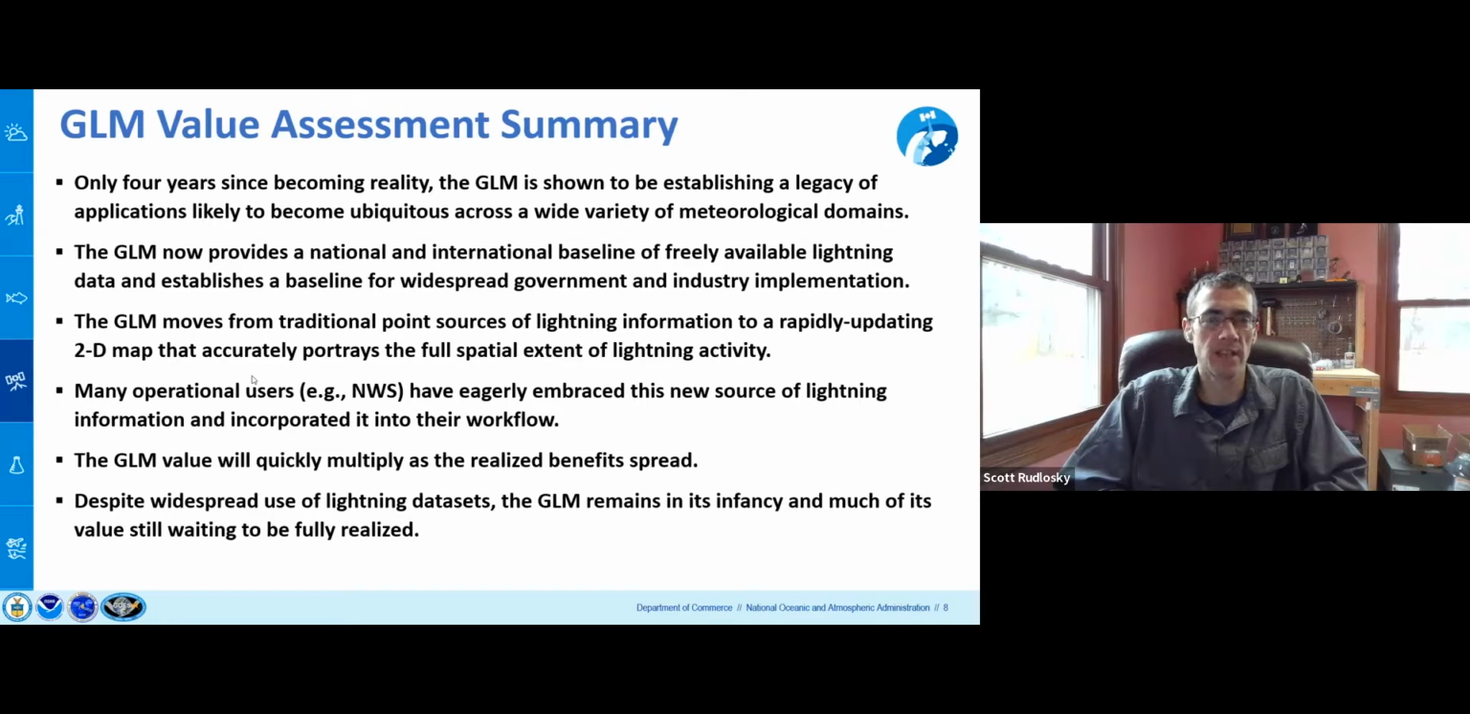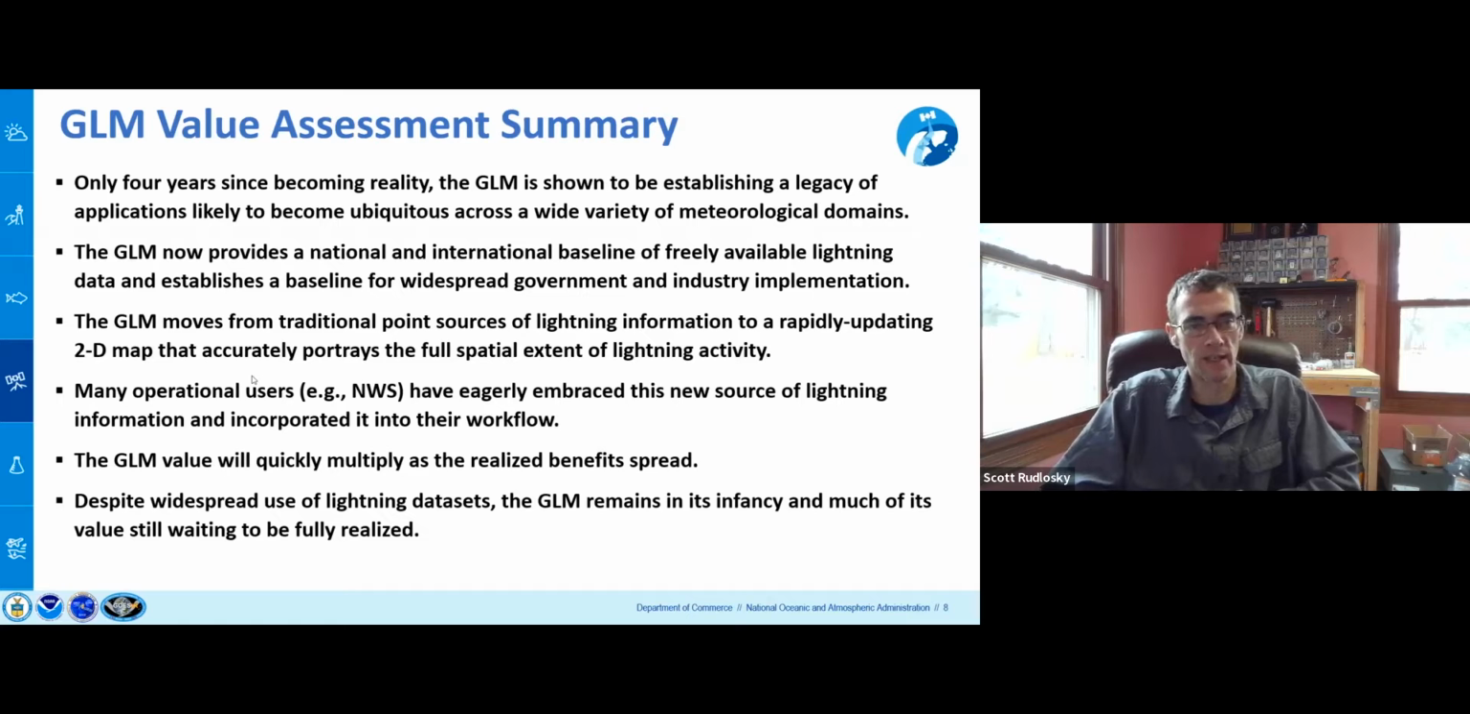And the second bullet on this slide is as important as any. The GLM now provides a national and international baseline of freely available lightning data, and it establishes a baseline for widespread government and industry implementation. And so before this, there were a lot of different networks that detected lightning with different detection capabilities over different spatial domains. And they were provided in somewhat similar formats, but there were differences. And so now the GLM provides something that can be accessed for free